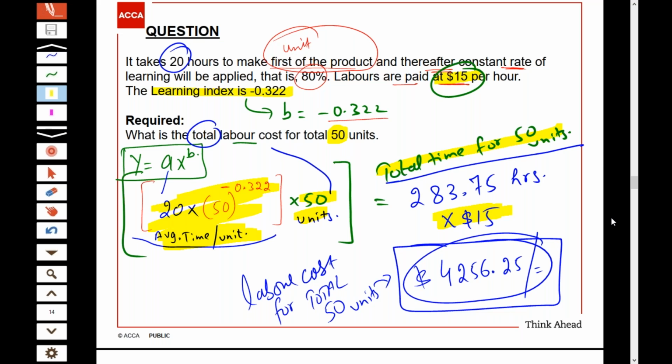Awais Khan, this 80% shows the learning rate. 80% shows the learning rate, which you can assume like that way, that labor time is reducing by 20 percentage. If it will be 90%, then labor time is reducing by 10%. This is the time where the labor reaches after reducing the time. Yes, Mr. Awais Khan, is it now clear to you what you mean by 80 percentage?